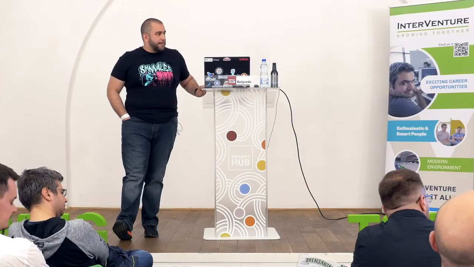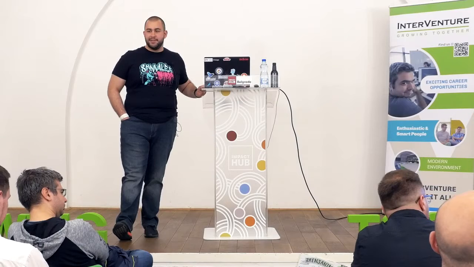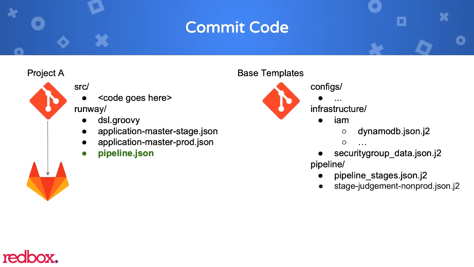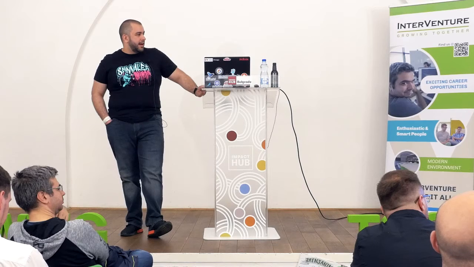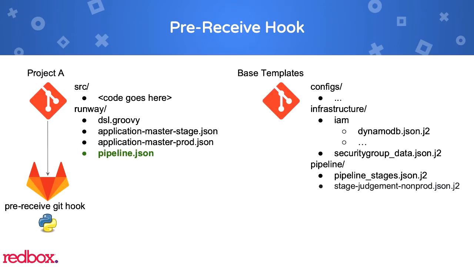So for example, I'm going to propose a change. I'm going to change the Slack channel from change me, obviously, to deployments. I want every time something happens in this pipeline to go to the deployments channel. Pretty common. I propose that change. I make a change in Git, a pre-receive hook, as I mentioned earlier, saw that, hey, pipeline.json changed. I'm going to send a notice out to Jenkins,